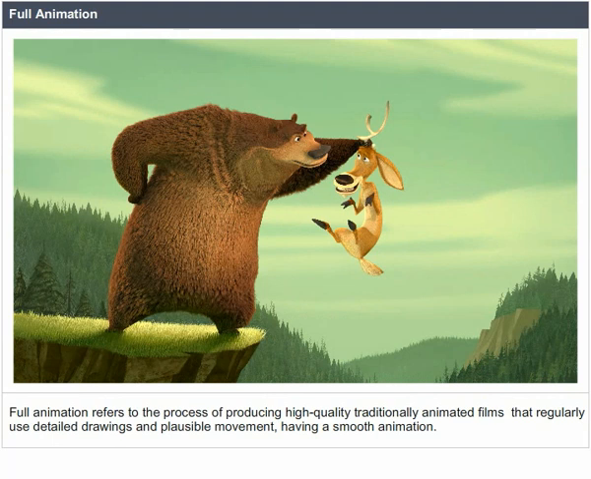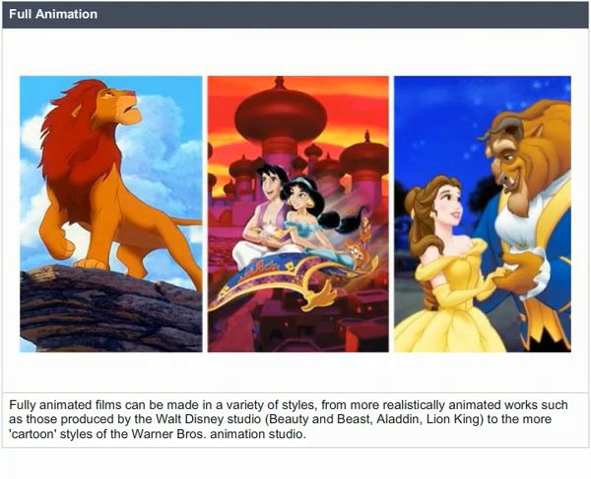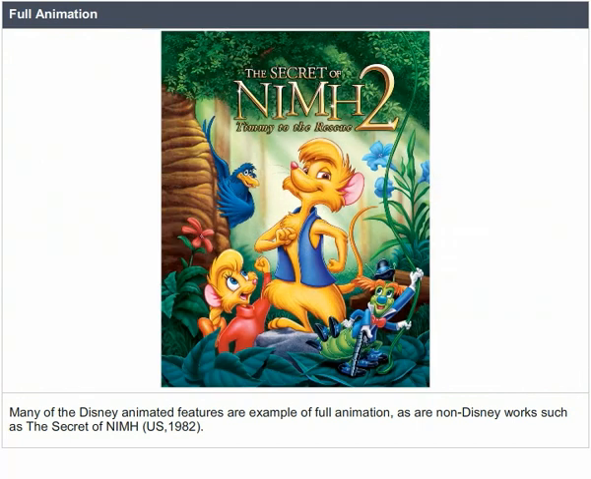Having a smooth animation. Fully animated films can be made in a variety of styles, from more realistically animated work such as those produced by the Walt Disney Studio, Beauty and the Beast, Aladdin, Lion King, to the more cartoon styles of the Warner Brothers Animation Studio. Many of the Disney animated features are examples of full animation, as are non-Disney works such as The Secret of